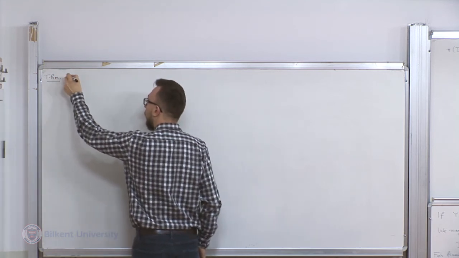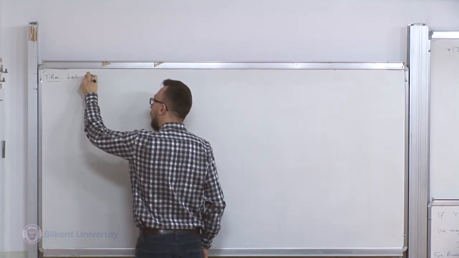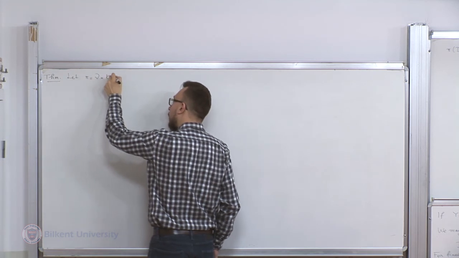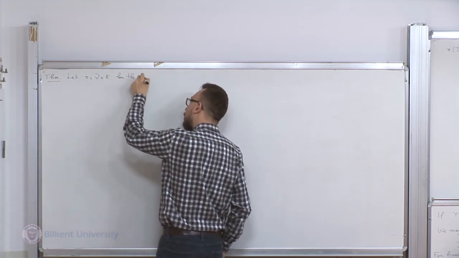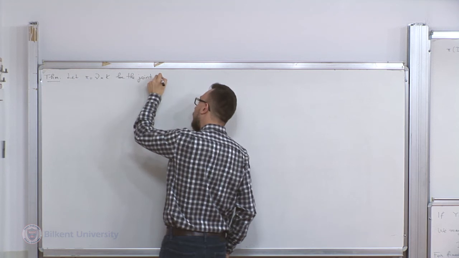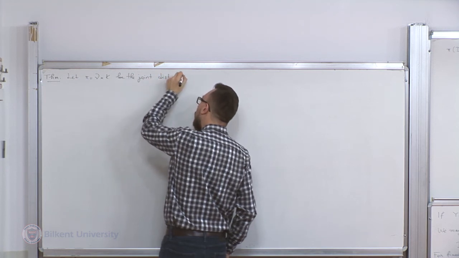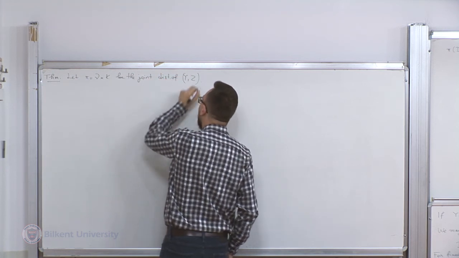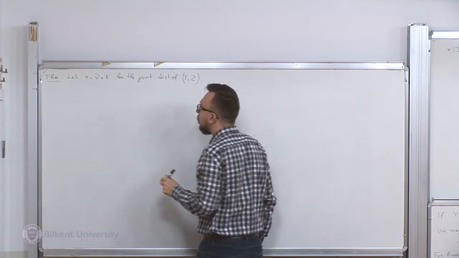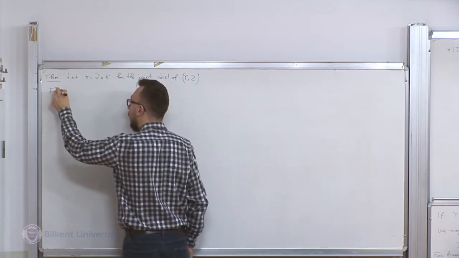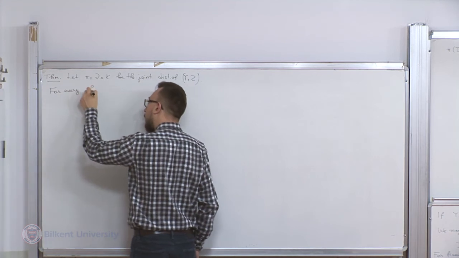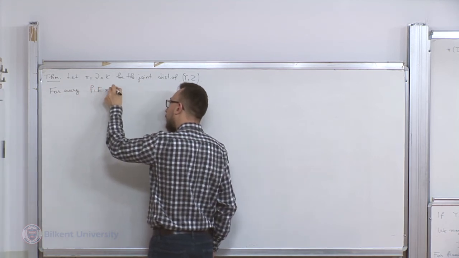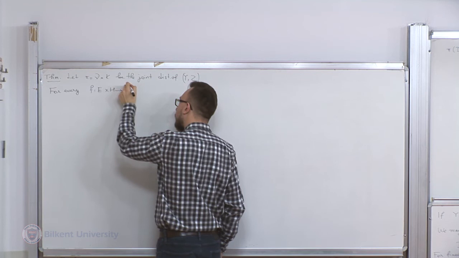So let pi be the joint distribution of Y, Z. Okay. So for every f from the product space that is measurable,